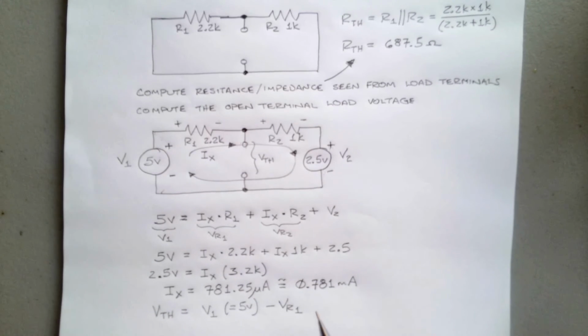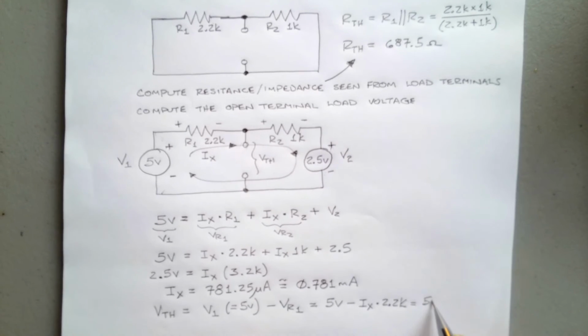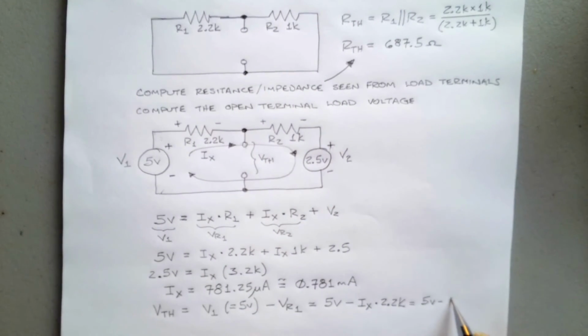And we can write that as being equal to 5 volts minus Ix times 2.2K,